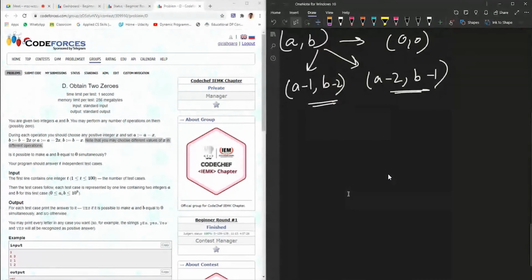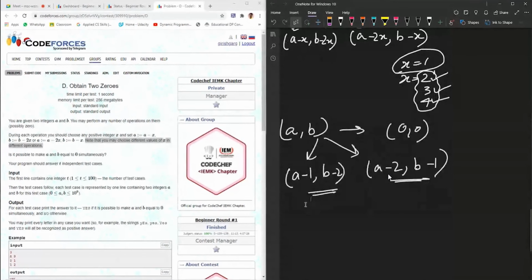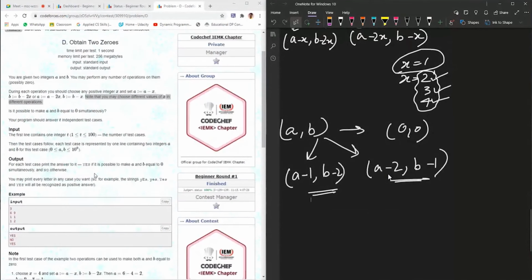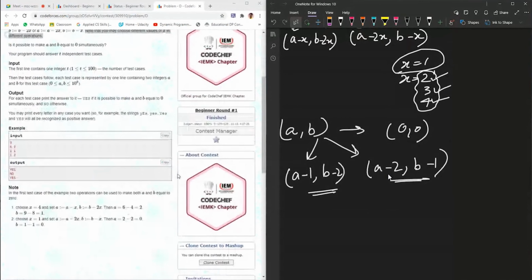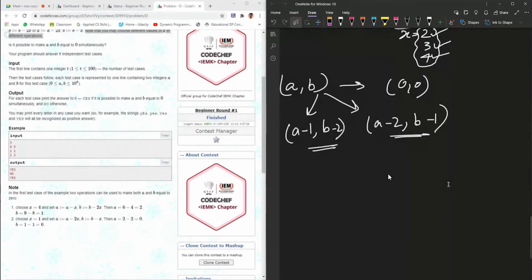If you have any doubts, you can just unmute yourself. No, I didn't get that logic. Please repeat. Okay, so let me start with a test case, only then can you understand. Suppose I have 6 comma 9. Here in the explanation it is given that we first subtract 4 from 6 and 8 from 9. That is correct because we can do that. That is given in the question.